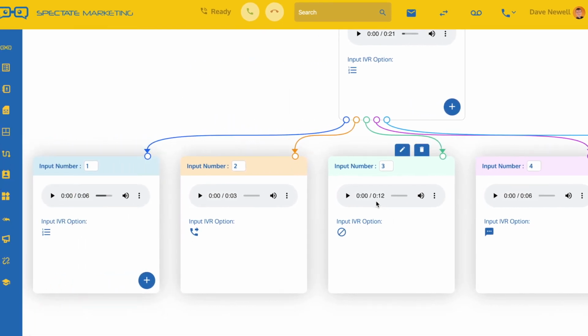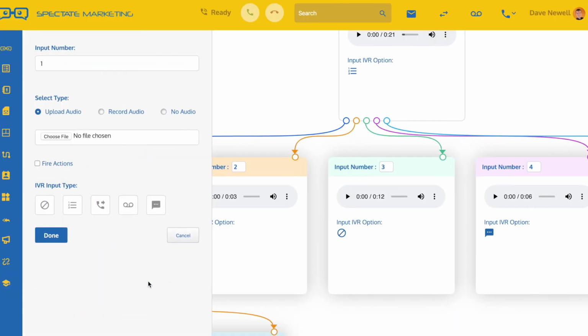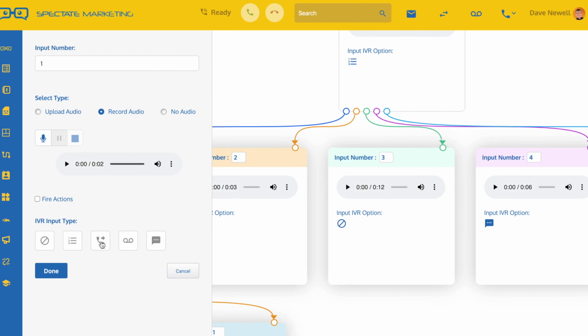Now I could go in and build out the second tier of menu options that came under this first one. I think this was a list of our departments. Press 1 for sales. Okay, I will connect you with the sales department right away. And just as we did before, I could choose the forward and enter in the person's phone number, etc. For purposes of this demo, I'm just going to make it an endpoint, hit done,